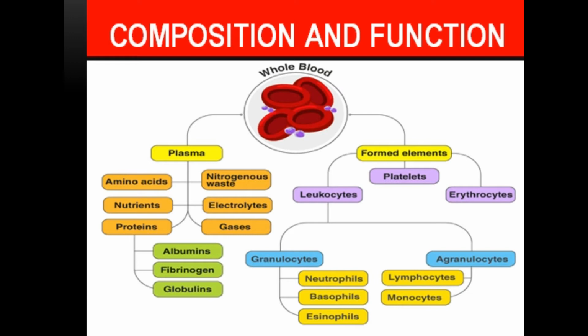And they are of two types, granulocytes and agranulocytes, depending upon the presence of the granules on the WBCs. The granulocytes are of three types: neutrophils, basophils and eosinophils, while agranulocytes are the lymphocytes and monocytes. For the bacterial infections, neutrophils will work, and for the viral infection, lymphocytes are more capable of working. They kill the microorganism by the process of phagocytosis, and they also activate certain superoxides and other chemical mediators to kill the microbes.